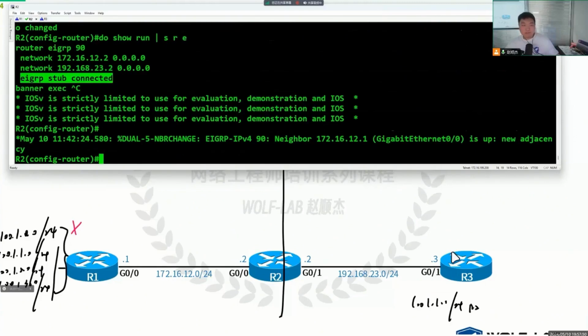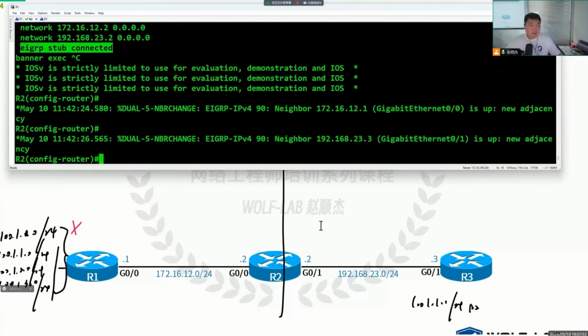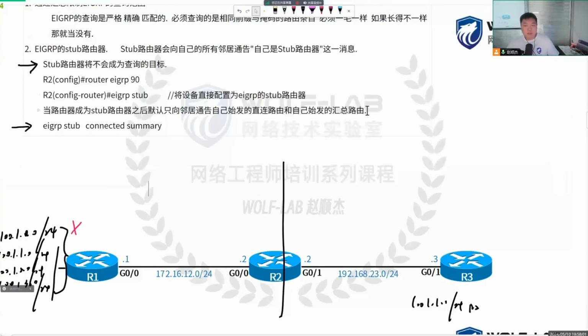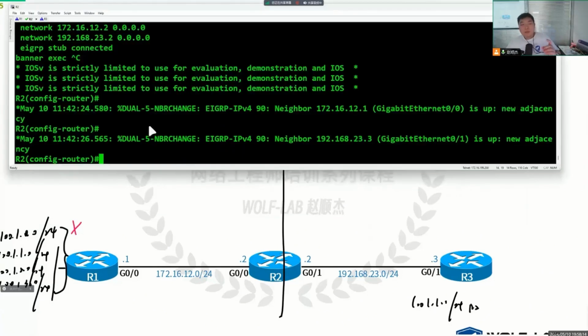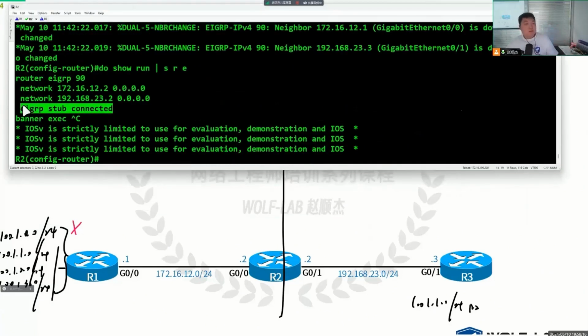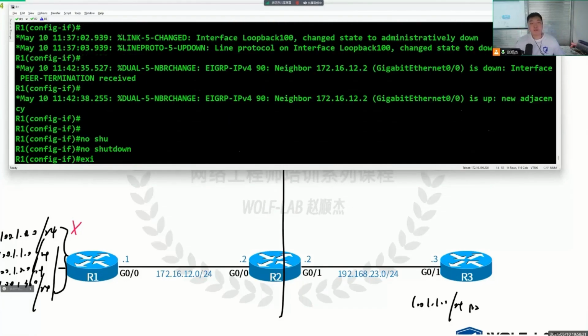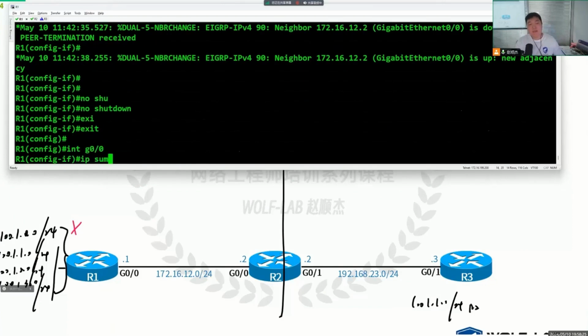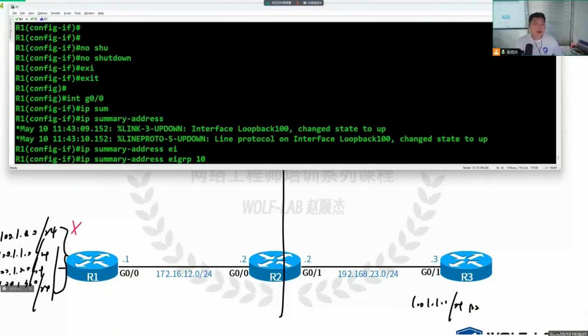Students, I apologize, I was too hasty earlier. I missed something here, I wrote something wrong. It's not just our own summarized routing entries, but also the summarized routing entries we can still announce. I made a mistake here. Students, please take note. After typing this command, for example, we summarize: no shutdown on R1's interface, ip summary-address eigrp 100